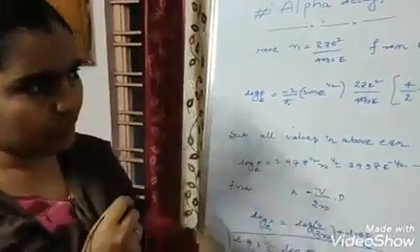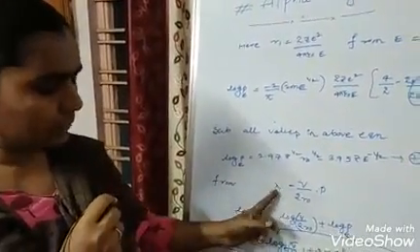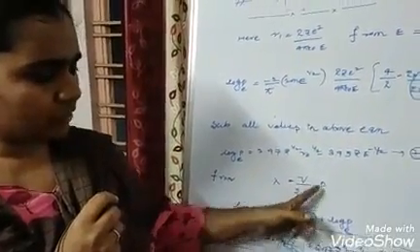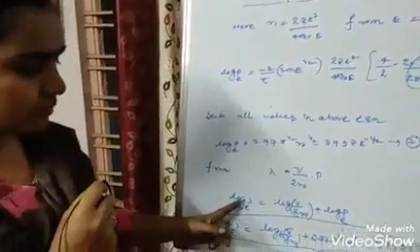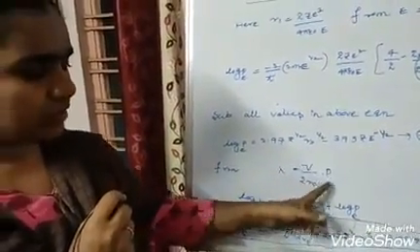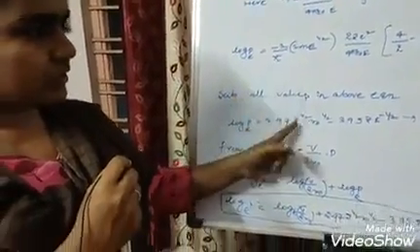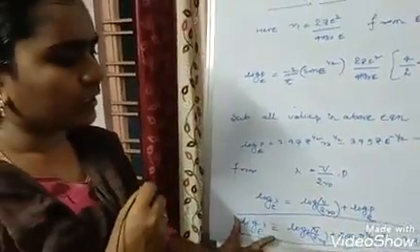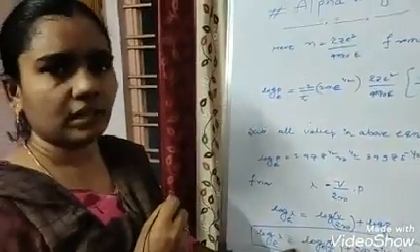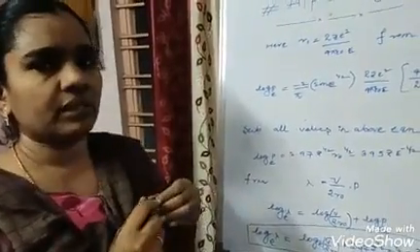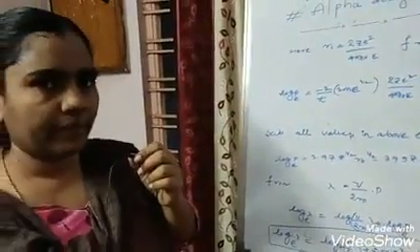And we are calculating the decay constant lambda, which is equal to v, the velocity, by 2 r naught, into p. We apply the logarithmic function on both sides: log lambda is equal to log of v by 2 r naught plus log p. We substitute this value in the last equation, and finally we get the decay constant. So this is the log of the decay constant. This is the information about alpha decay. Okay, thank you.